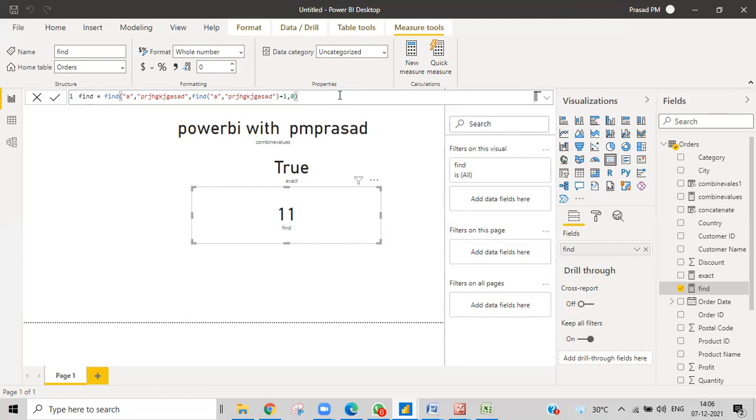I'll just give an example, and after that I'll make it some real-time complex scenarios. It might be difficult for you sometimes, but practice it a lot of times, not a single time. You need to spend a lot of time, at least 5 to 6 hours, to practice each and every type of function, like string functions. Not like simply typing something and going away.